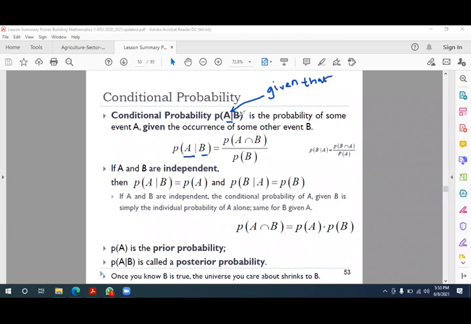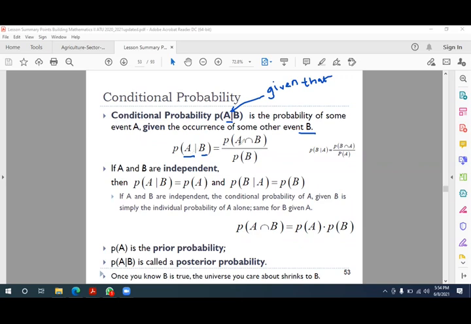So A given B is the probability of the event A, given that the occurrence B has taken place. I'm stressing on it because somebody is likely to come and say, but A happens before B, so why are we saying that B has already taken place before A? This is not alphabets we are talking about. We are saying that there is a certain event B which took place before A. So anytime we are writing the conditional probability of A, given that B has occurred, is defined as